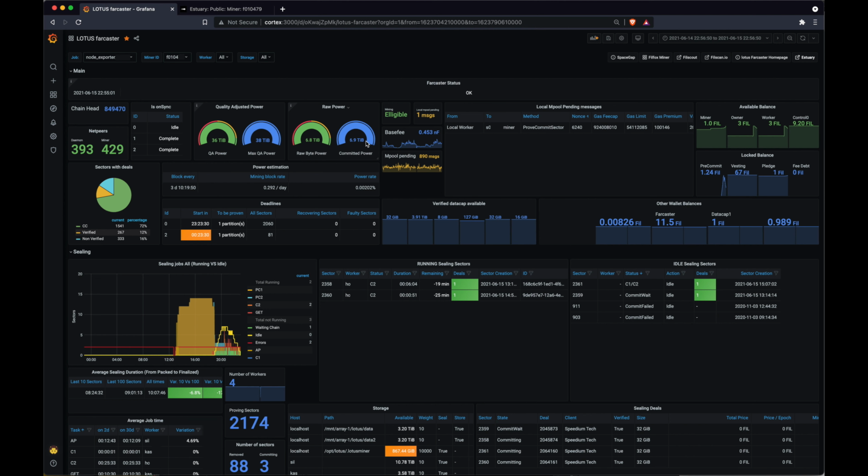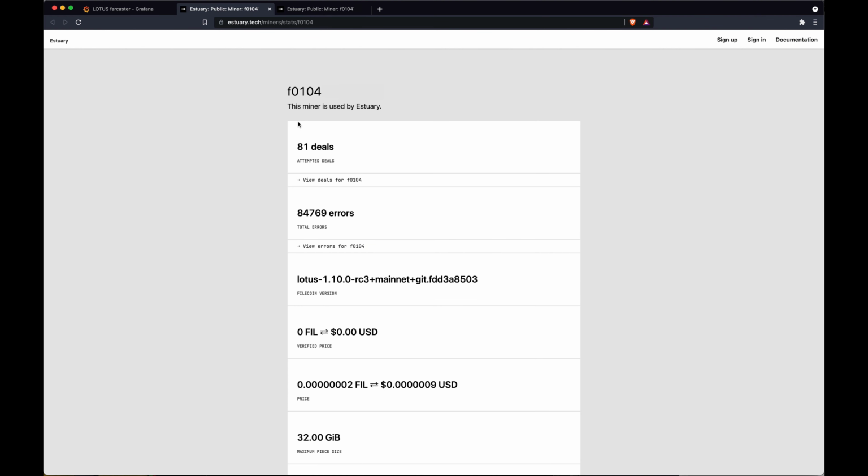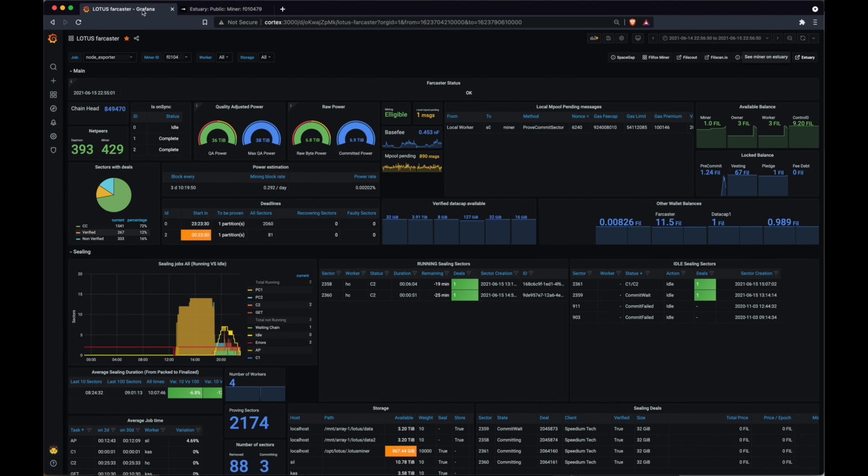The dashboard is split in two sections. The top section is a live view of the miner activity. The second section contains historical graphs of the miner. A few options are available at the top. Here, you can switch between your miners and see the dashboard accordingly. On the right side, you have a few links that are pointing directly to websites showing information related to your miner. Let's start with the real-time section.